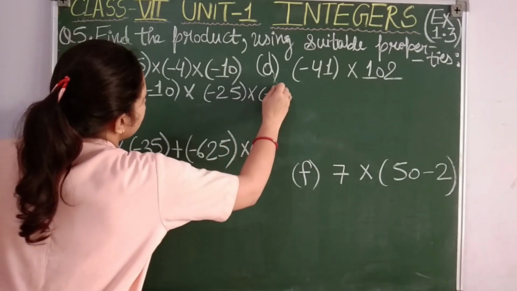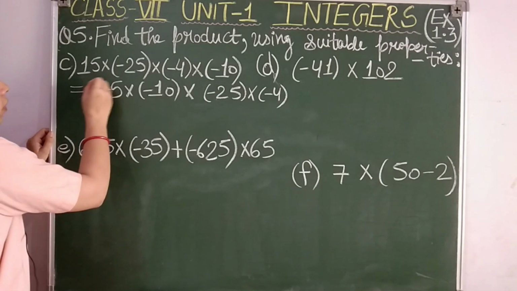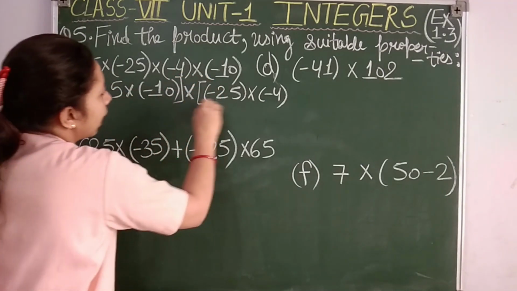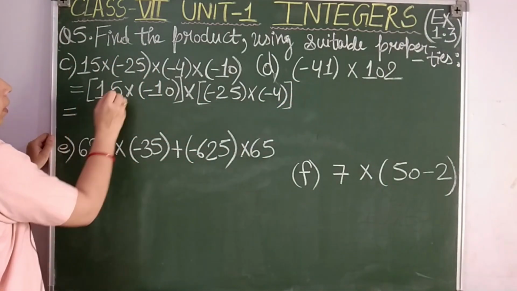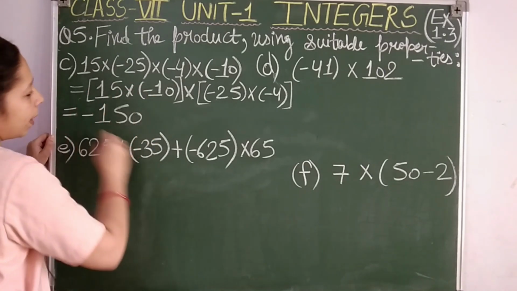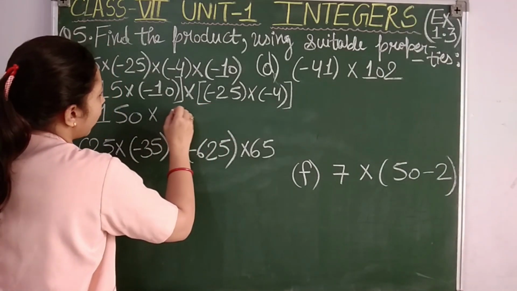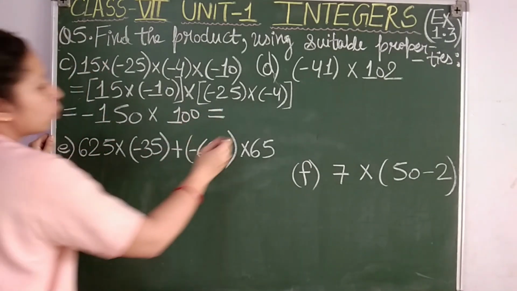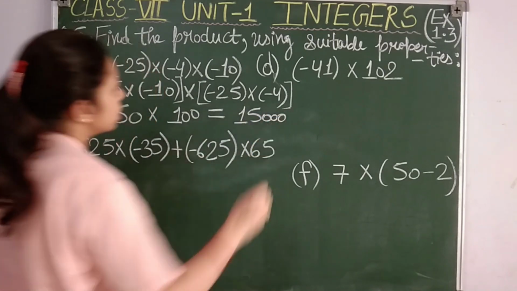So here we have rearranged, that means we have used commutativity property and now I am forming groups, that I will multiply these two first and these two together. Okay, now see what will happen. 15 tens are 150, plus minus minus, again multiplication sign, then minus minus plus, so 25 fours are 100. So what will be your answer, students? 150 into 100 you will get 1, 5 and 3 zeros, means 15,000.